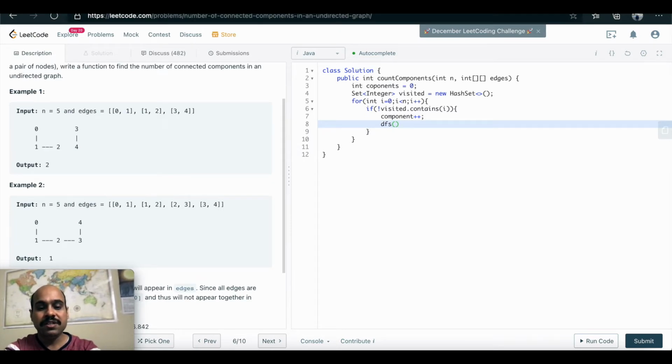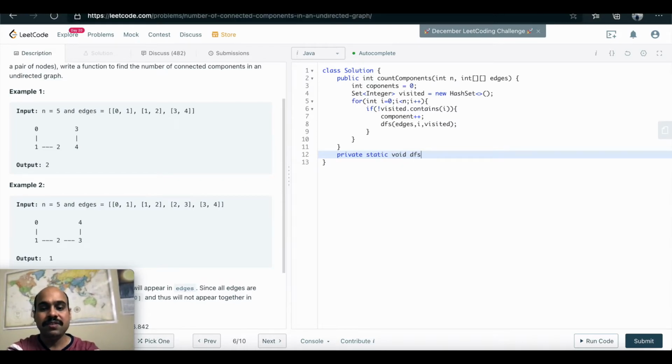What do we need? We need edges, so we will be able to find out the neighboring vertices for that vertex. We need a source vertex, in this case it's i, and we need a set of visited vertices. Then we will write this DFS, which will be similar to what we have already seen: private static void, because we will not return anything, and we'll name it DFS.